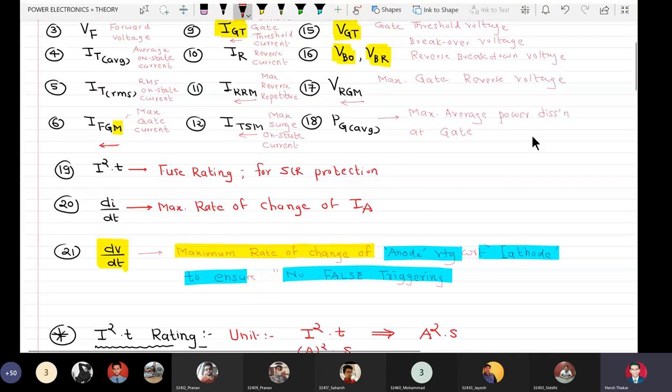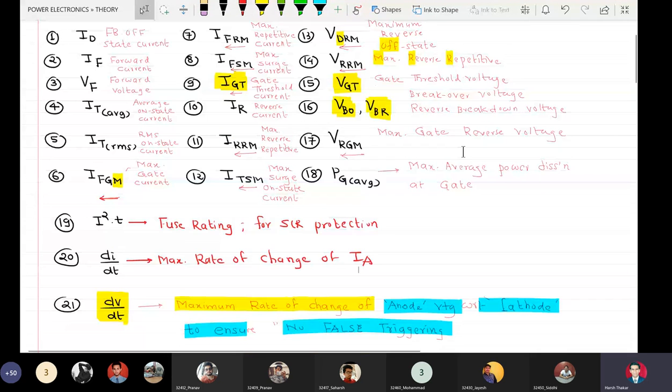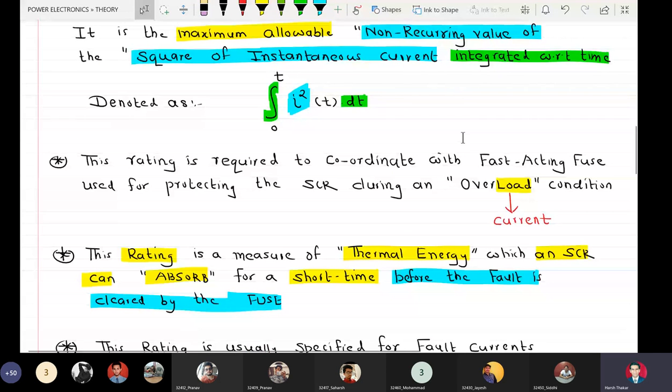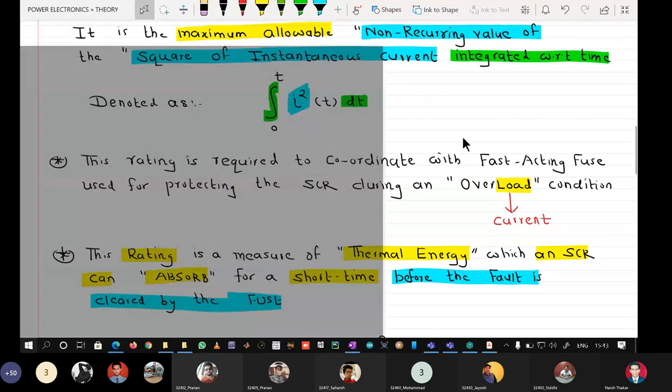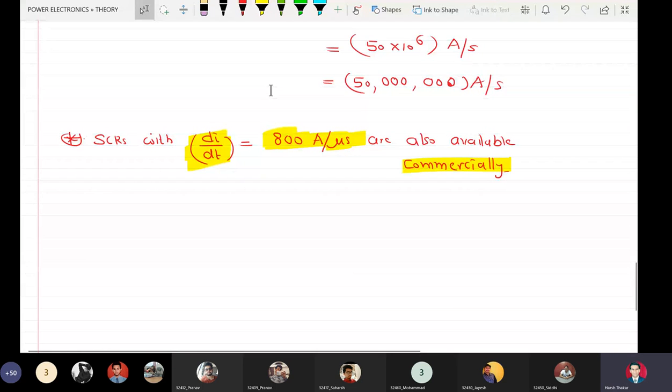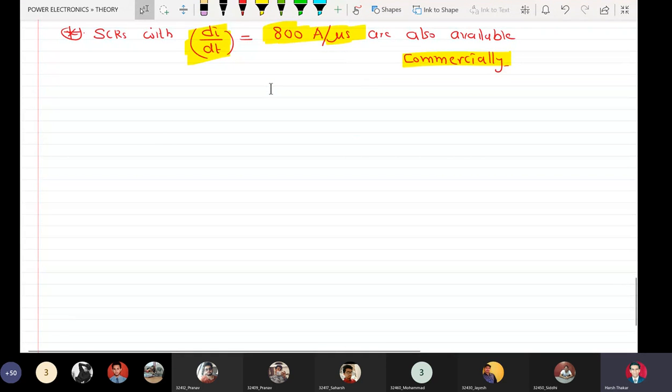So we have covered 21 different ratings. I don't think you need any more explanation than this. Okay. Now we go to type 4 of numericals which are asked in the exam. These are typical numericals which are also asked in the exam sometimes. This is numerical type 4, and just see how I solve this numerical, and based on that I'll give you two numericals for practice at home.